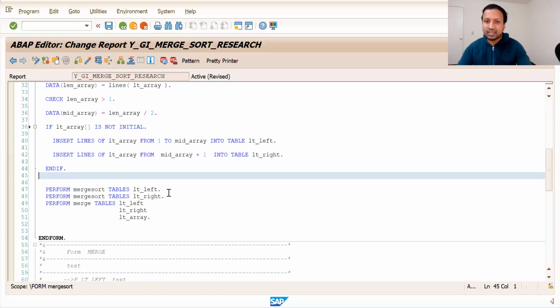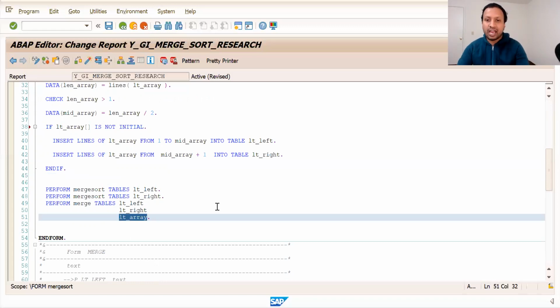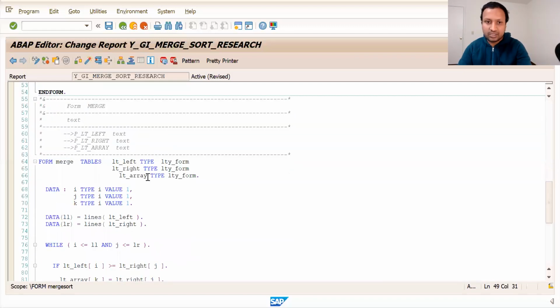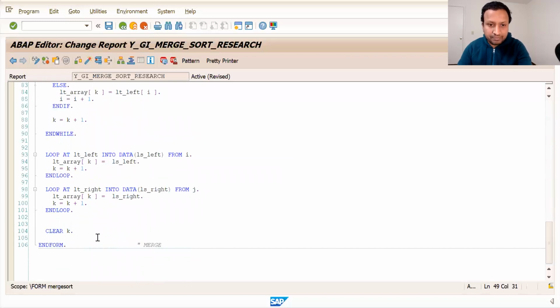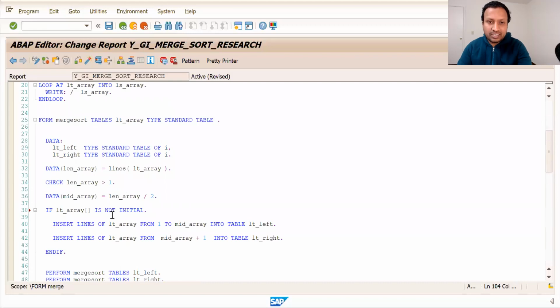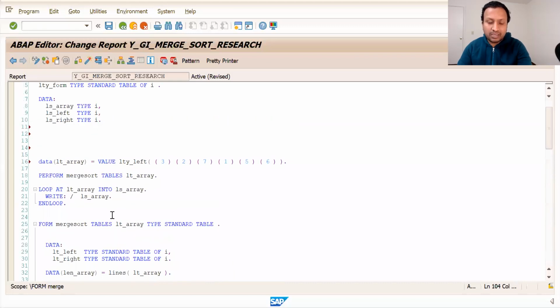We take separate internal tables such as LT array, then we pass the values to separate internal tables, and then finally we merge it into a separate array. What we are exactly merging here is both the left and right internal tables. That is it. I don't think it is anywhere complex.